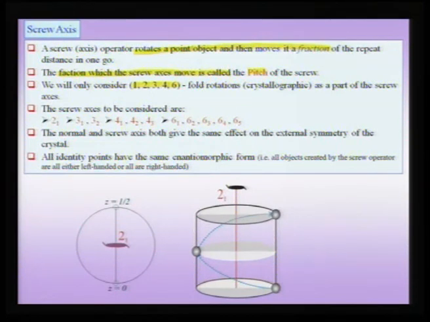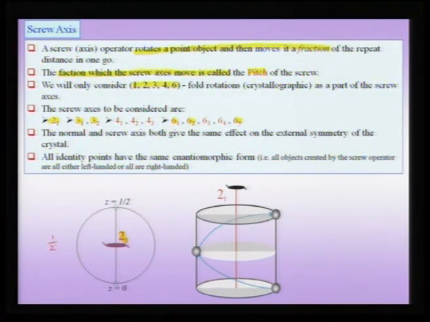The screw axes which we need to consider are the 2 subscript 1, the 3 subscript 1, the 3 subscript 2 and so forth as listed here, going up to 6 subscript 1, 6 subscript 2 to 6 subscript 5. In this notation, for instance, this figure below shows a 2 subscript 1. The 2 is the usual twofold rotation which is implied, and the 1 implies that the translational fraction is 1